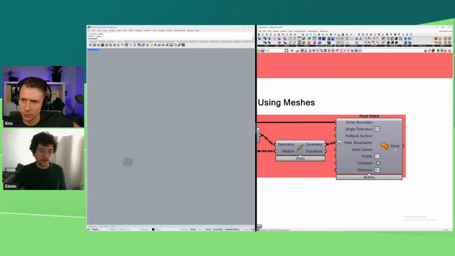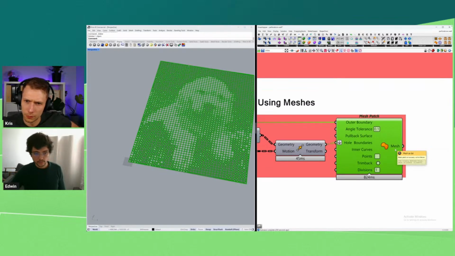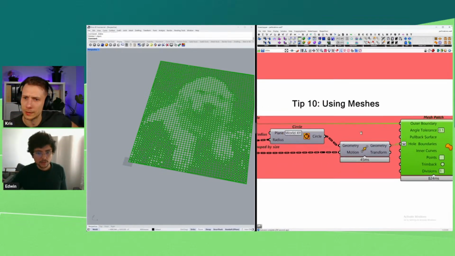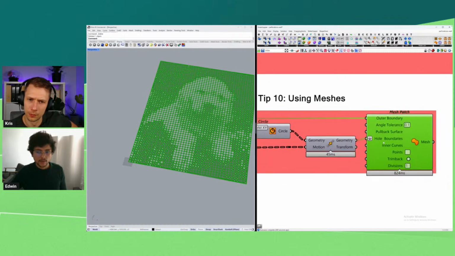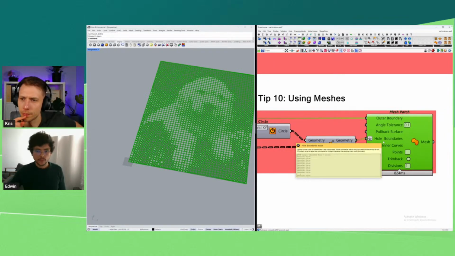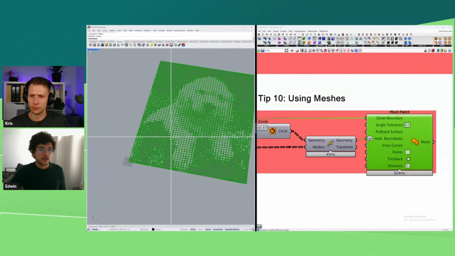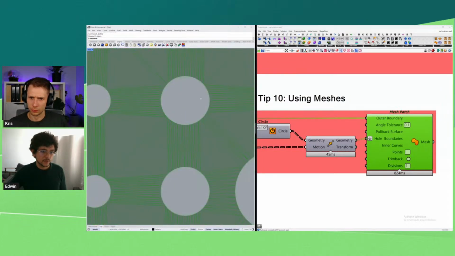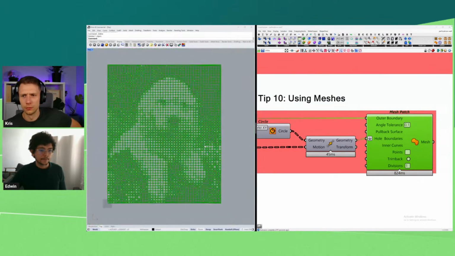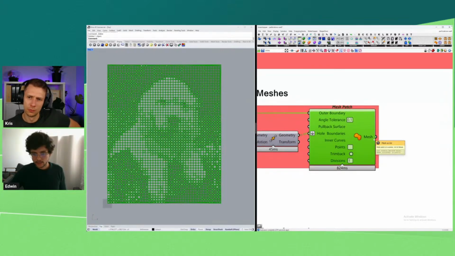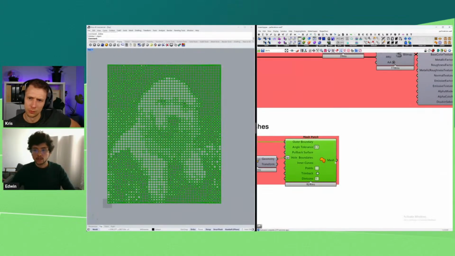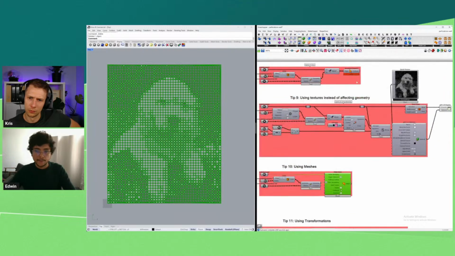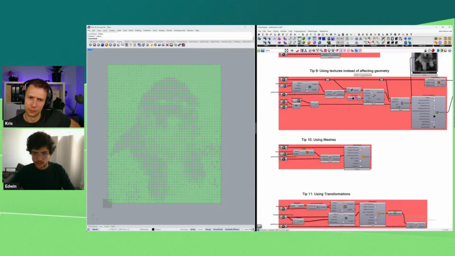This is also something that you can find in the Rhino common. The mesh patch is a function, and this function has many options. One option is the outer boundary. The outer boundary will be my rectangle. And the hole boundary will be my circles. In that way, I can create in 3D all of these perforations. And then I can visualize that. So that's one quick way to still keep 3D, but doing it through meshes instead of doing it through surfaces.